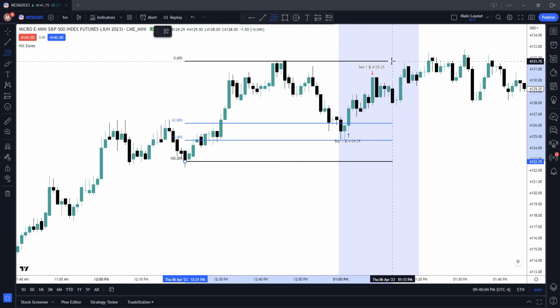I'll just extend that out a little bit. And I got in at right here at the 62%. I got in after it dipped, and then I set my buy as it was going back up. So I got it right there on this candle as it went up, and